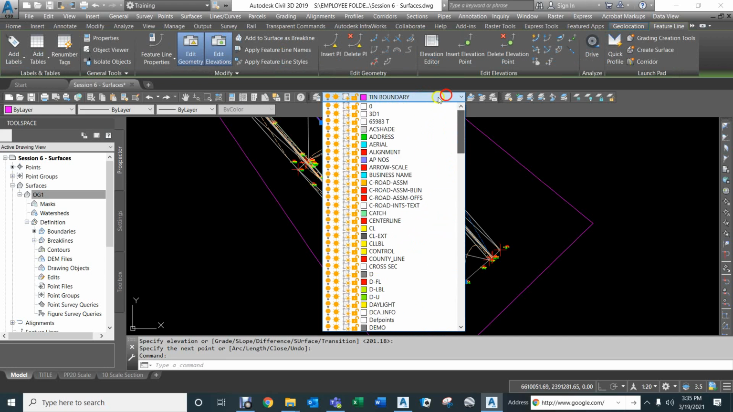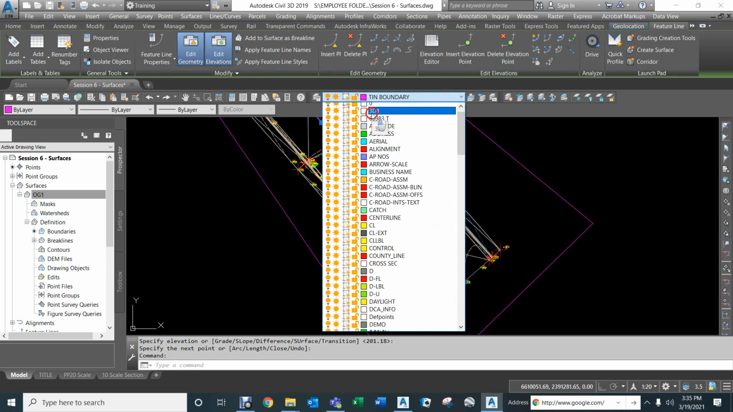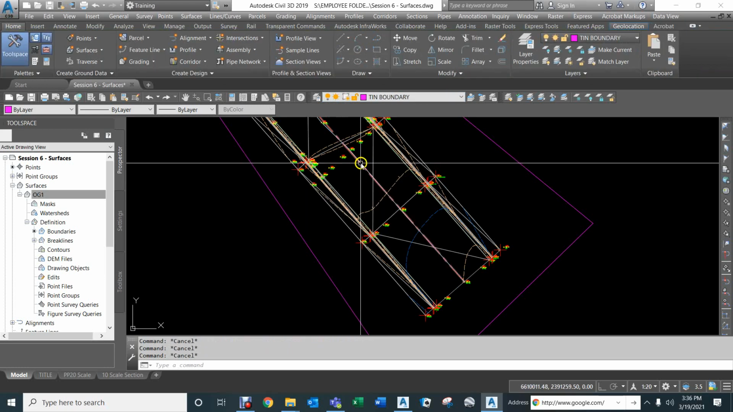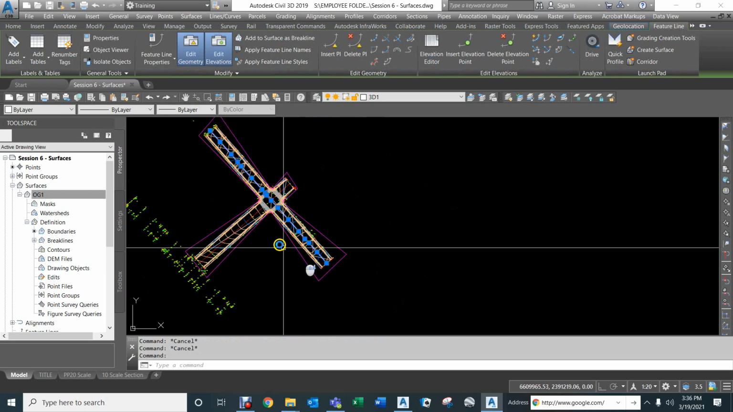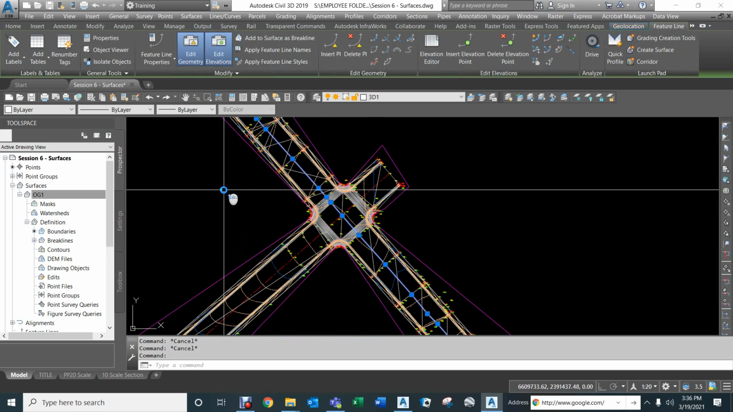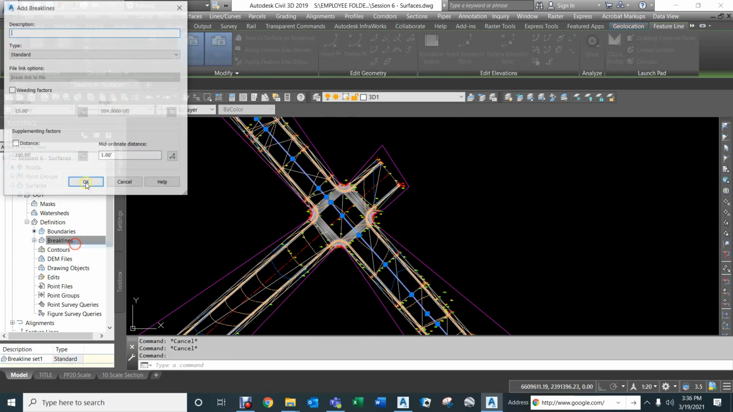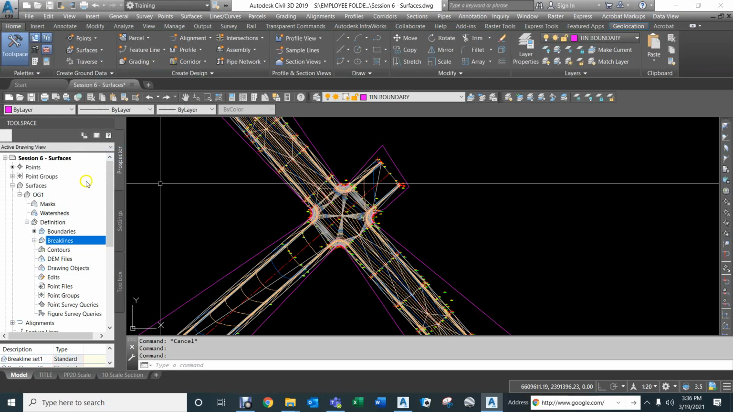These feature lines for OG1 go on 3D1. And again, we should always do our layer management. Then when I select this, I can just select this one line that I drew, and I can go right to break lines, and I can right click on break lines and add. I can say, okay, this doesn't necessarily need a mid-ordinate because I don't have an arc or a curve in there, so it plays no part in it. But when I say okay, this surface is going to update automatically and we should start seeing the results,